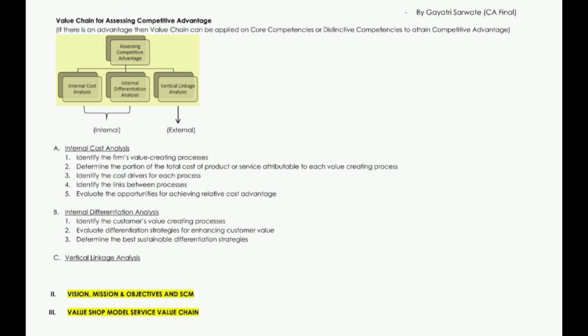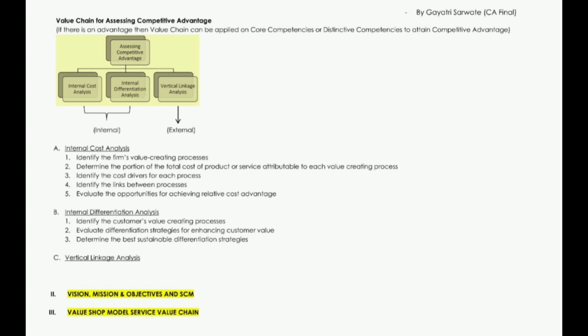A company must identify the cost drivers for each of the process in the value chain so that it can evaluate the opportunities for sustainable competitive advantage after carrying out this industry value chain. तो हमने पहले इंडस्ट्री वैल्यू चेन एनालिसिस के अंदर सबसे पहले हमने अपना इंटरनल कॉस्ट एनालिसिस किया, इंटरनल डिफरेंशिएशन एनालिसिस किया, वर्टिकली लिंकेज करके देखा with the industry,